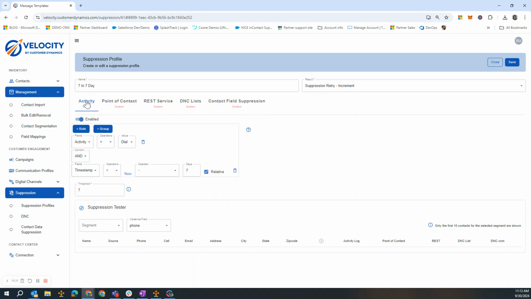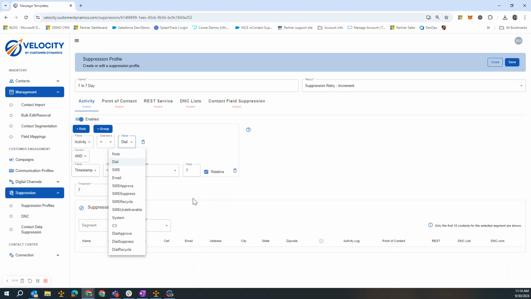Levels of suppression that can be done. First is based on activity. So if I want to look at each contact and look at the activity that's happened on that contact to set a rule, the example I have here is a common collections one. So if we've made any dials in the last 7 days and that's exceeded 7, then this contact will suppress that attempt. It won't finalize it because of what I've picked up here in the result. If I want to finalize a record because of the suppression, I can do that here, or I can choose to skip the attempt for now, or I can choose to skip this attempt and move it to the next retry cadence. So you have a lot of control here. You can look at all the different activities that we log